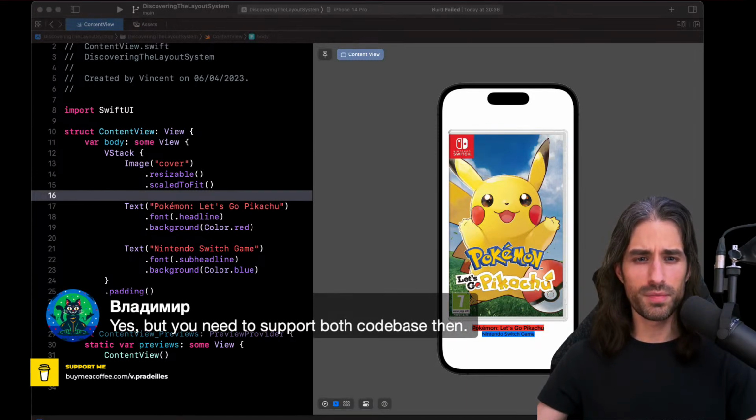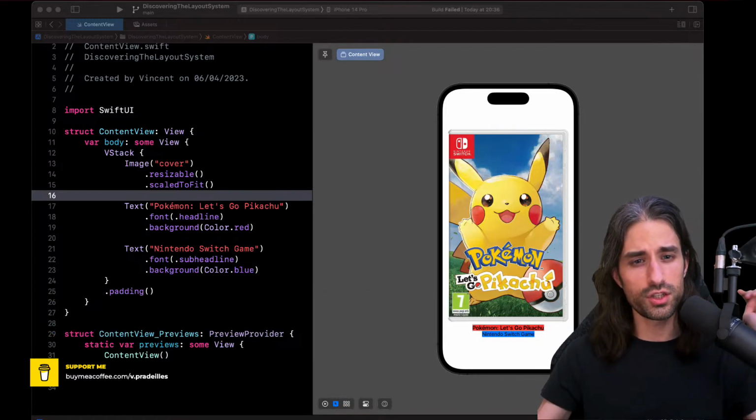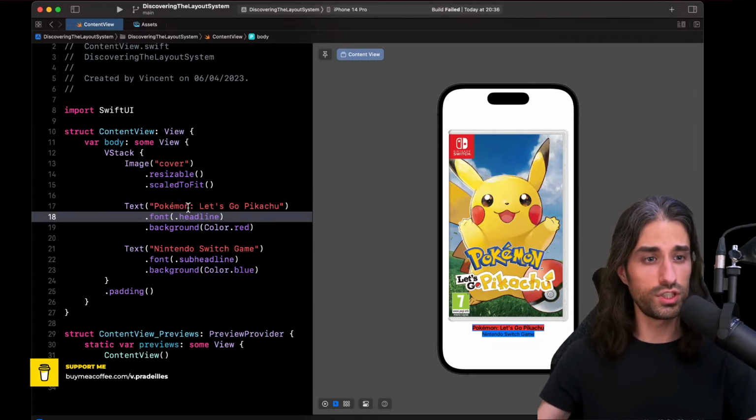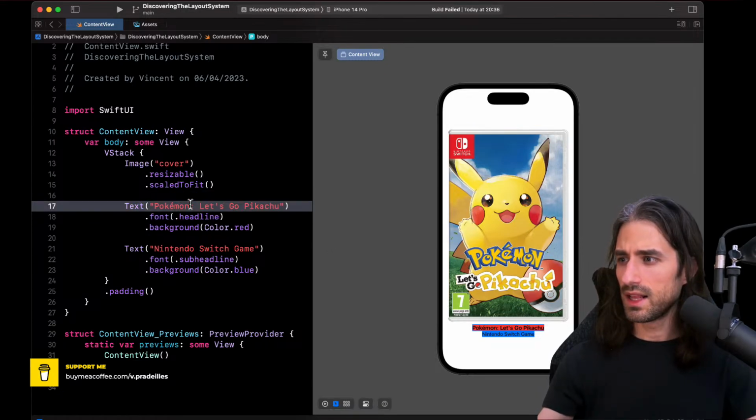So you need to support both code bases when you use SwiftUI and UIKit. Well, yes, but you wouldn't implement the same feature using the two languages. Some features will be in SwiftUI, some others will be in UIKit, and so each part of your app will be only in one language. And honestly, I haven't seen it be that much of a headache dealing with both in the same code base. I didn't have bad surprises on that end, which is a pretty good thing.